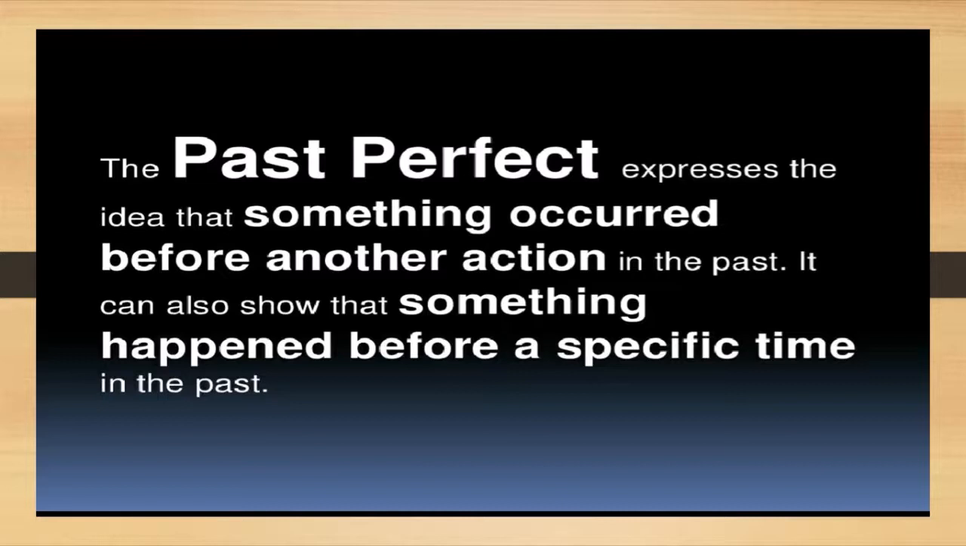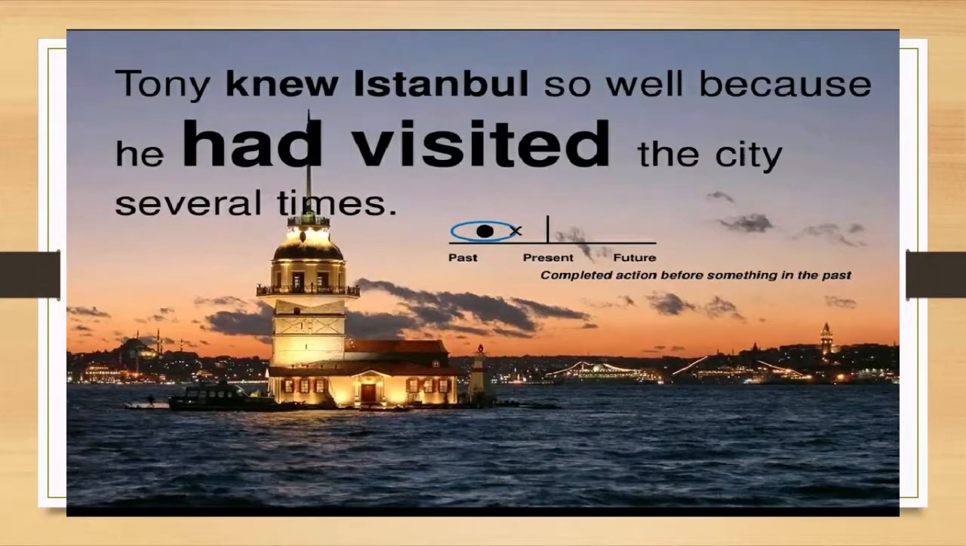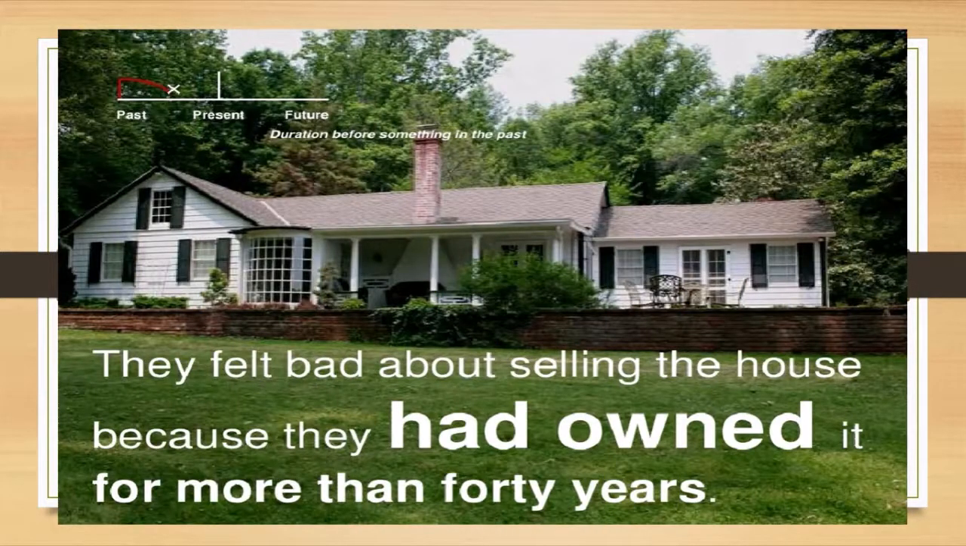Past perfect tense. The past perfect expresses the idea that something occurred before another action in the past. It can also show that something happened before a specific time in the past. For example, Johnny knew Istanbul so well because he had visited the city several times. Okay? Now, they felt bad about selling the house because they had